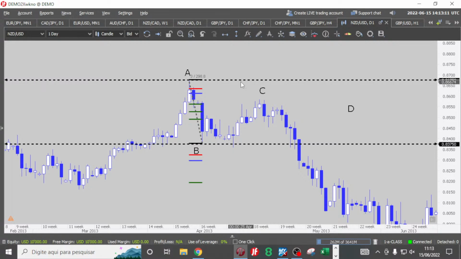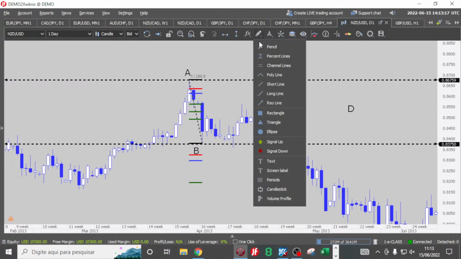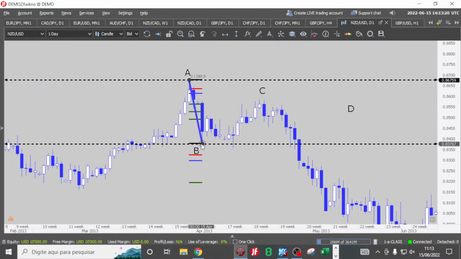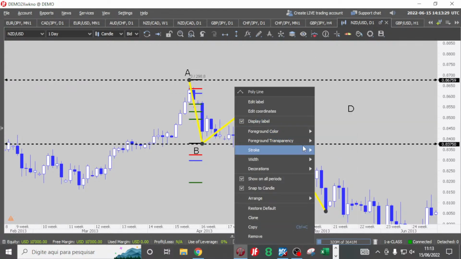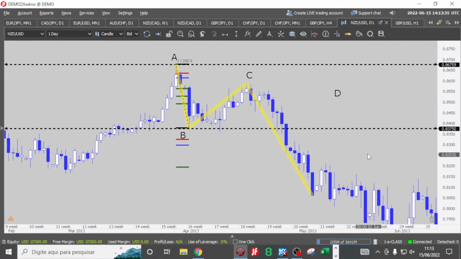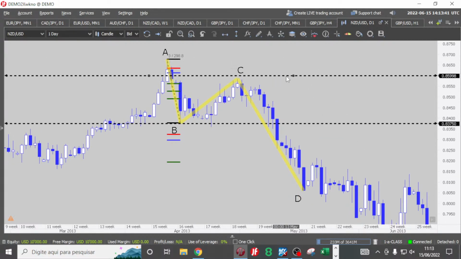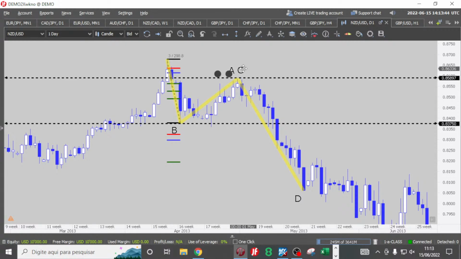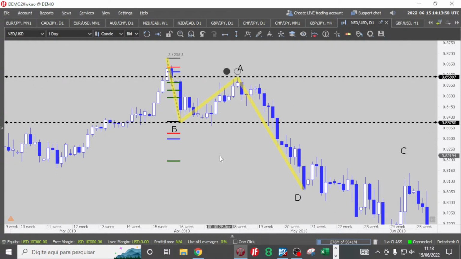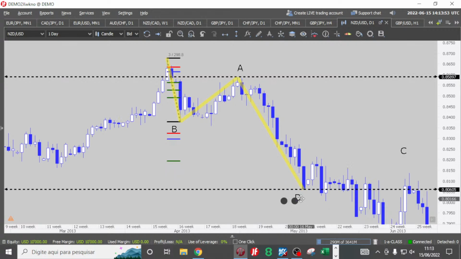Some of you are sending me emails that you have a difficult time seeing the sequence. Well, you can connect A to B, B to C, and then the D must be a low. Everybody make sense? You can do something like this on JForex, and you keep track. Make sense? A, B, C, D, and then as always A goes to C, something like this. This is the A, this is the C. A goes to C, and of course B goes to D, right?